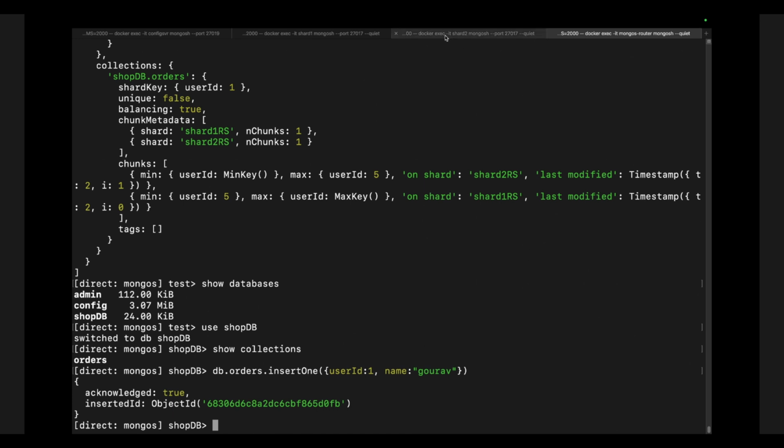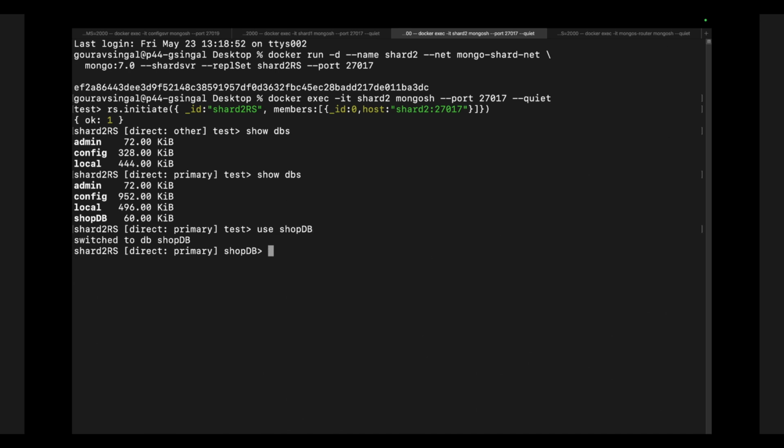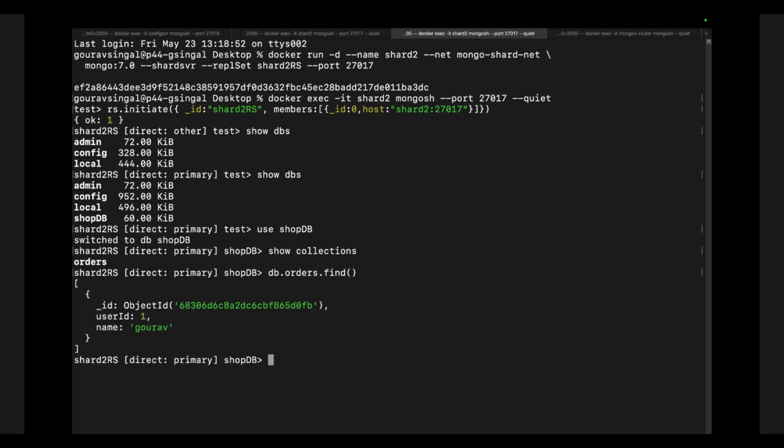Now if we go to the shard 2 RS and check show dbs, you can see that there is a ShopDB database now. If we go to the ShopDB database, show collections, db.orders.find, you can see the data is present over here.